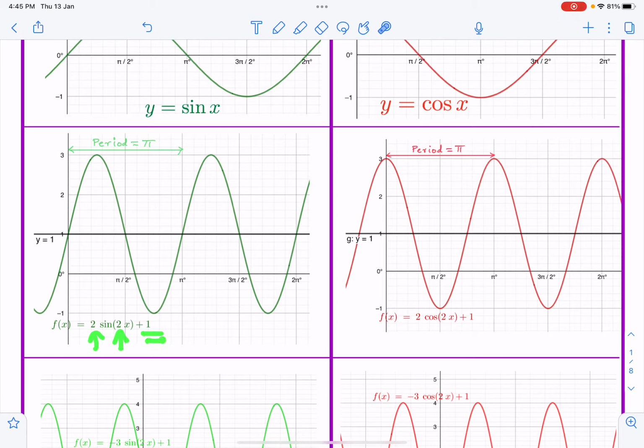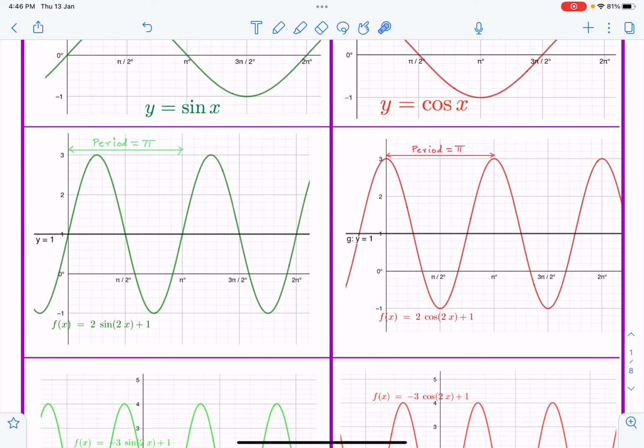Now plus 1 is there. Plus 1 is doing a vertical shift upwards. If it is positive, it will be upwards. If it is negative, it will be downwards. So the whole graph has been shifted by 1. Look here, here is the graph now. This is the axis of the graph, and from here the sine curve will start because it starts from the initial position. So it will go like this, come back at pi by 2, go down and reach minus 1 and come back to pi.